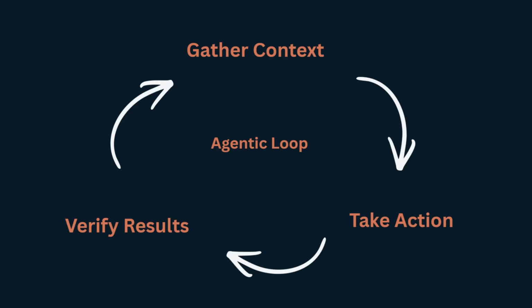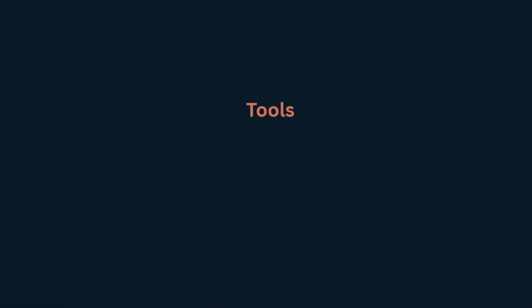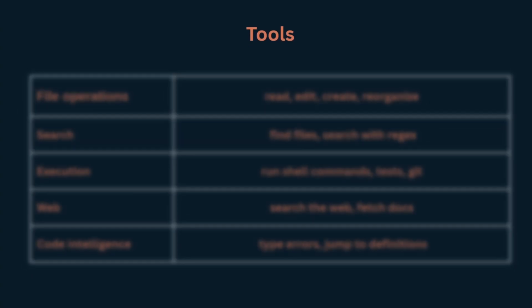Two things power this loop model: the model that reasons and tools that act. Now, tools are something that help Claude perform actions. Without tools, Claude is just a chatbot. So there are five built-in tools that Claude has in order for it to perform actions on your code, which